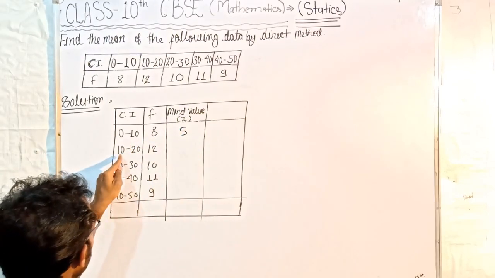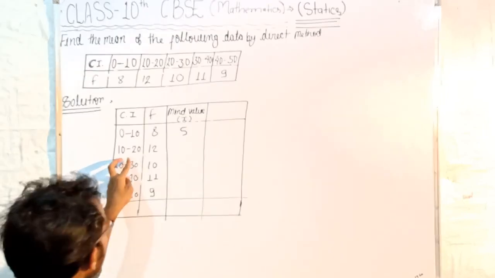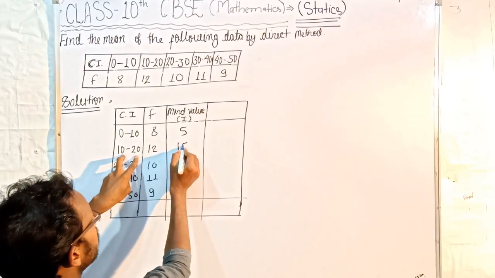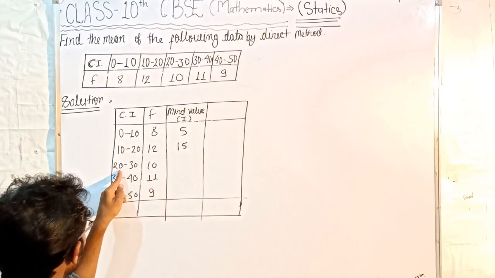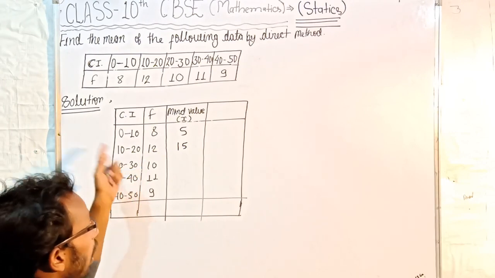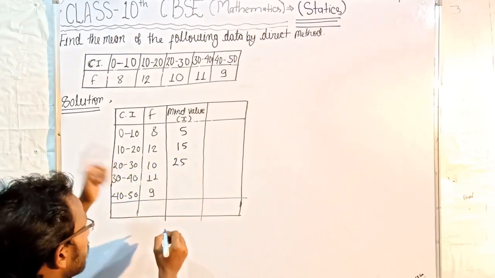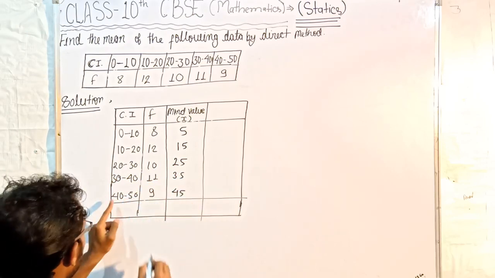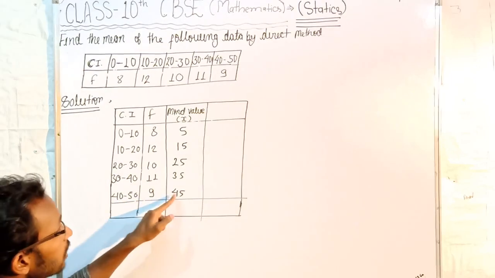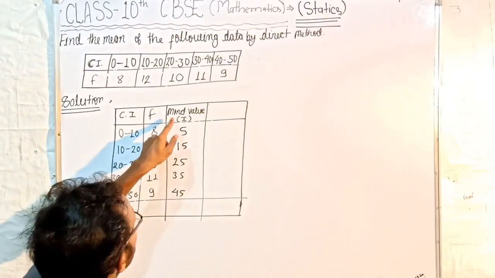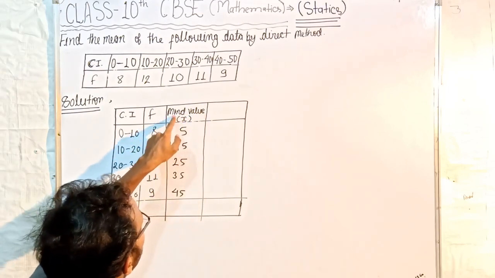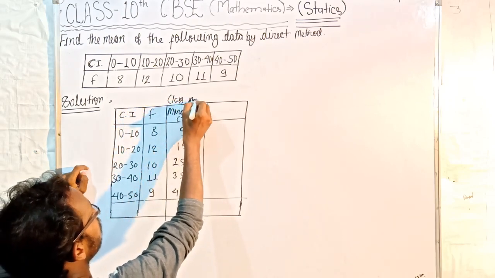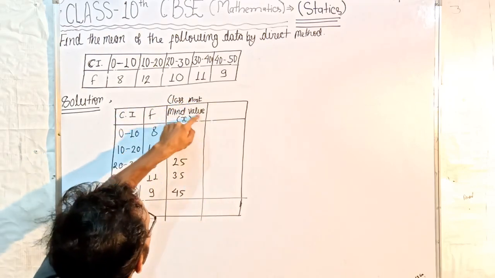Okay, and again add this 10 and 20. Both the class limits 10 and 20 become 30 and half of 30 will be 15. Okay, this is our 15. Again add this 20 and 30, how much? 50. Halve it, this becomes 25. In the same way this becomes 35 and this becomes how much? 45. 40 plus 50 is equal to 90. Half of 90 is 45. Okay, after finding the mid value, you can also call this mid value the class mark. The other name of this mid value is class mark.